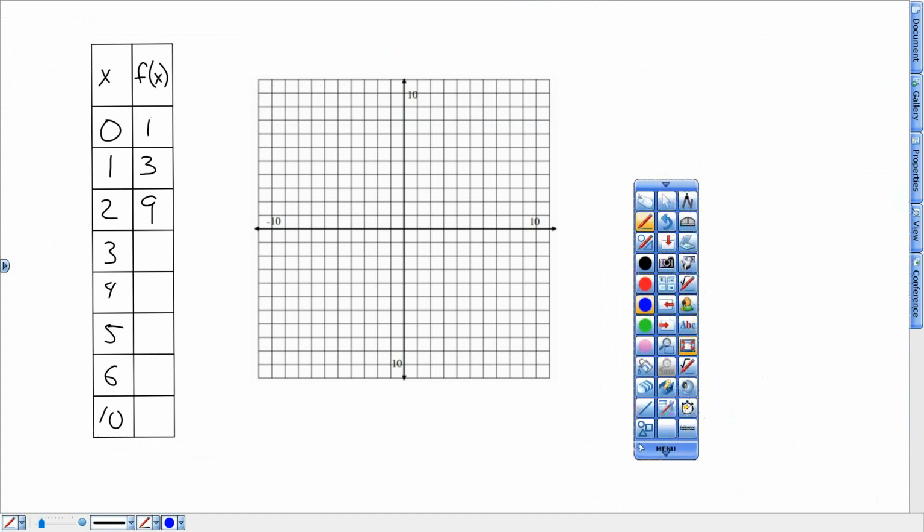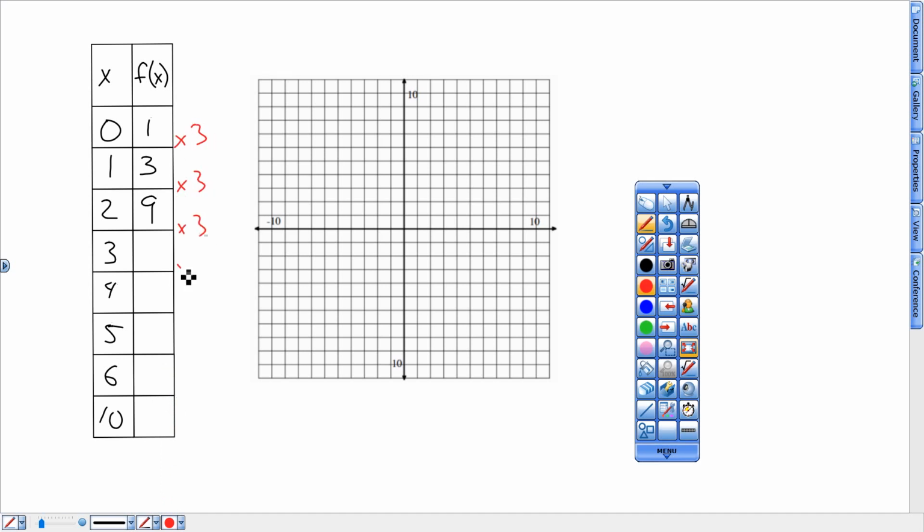First one, 139. Know that this is geometric. Know that these are timesing by 3. I could use that in the geometric pattern to fill in that table. Just take that 9 times 3 gives me 27. 27 times 3 gives me 81. 81 times 3 gives me 243. That number times 3 gives me